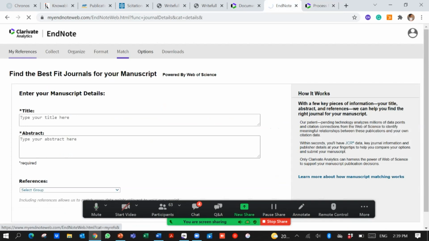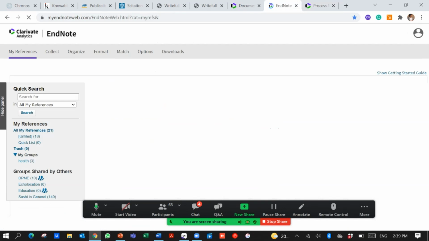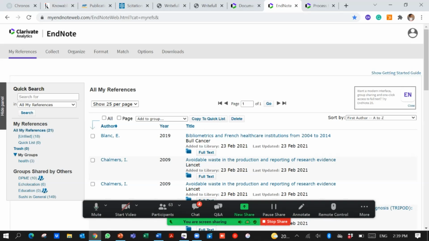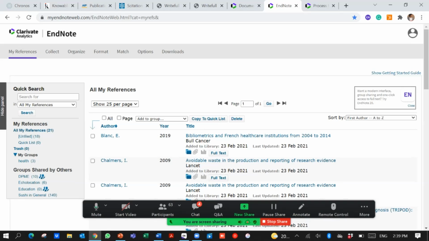EndNote, and there is a version of EndNote that is available online. So all you need to do is just Google EndNote, and then there is an option where you could create a library that is available for free online. And this is the version that I'm looking at the moment. So this is available for you if you just go in, you create an account, and you can use EndNote,